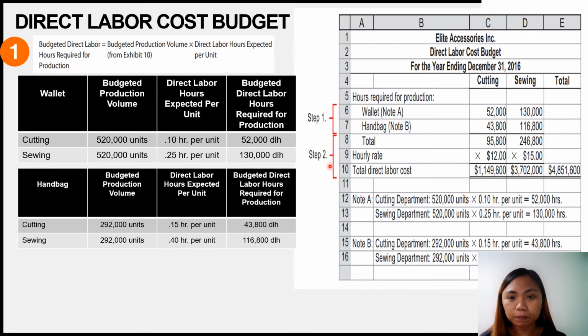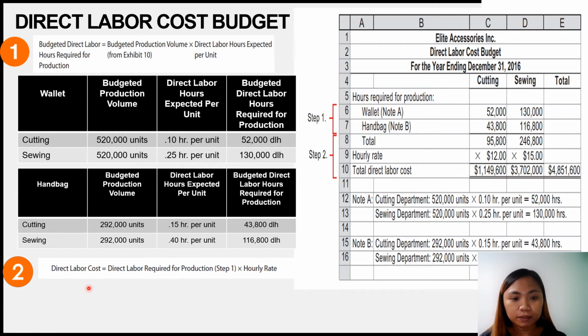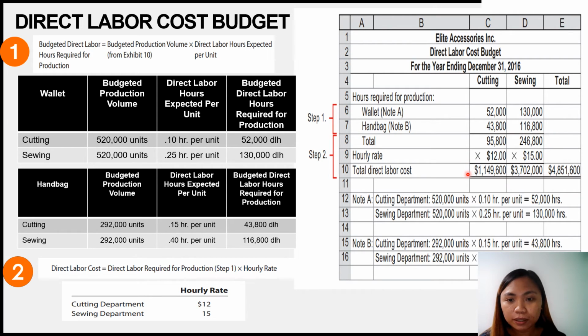So the second step in the computation of the direct labor cost budget would be: direct labor cost is equal to direct labor hours required for production multiplied by the hourly rate. The hourly rate for the cutting department is $12, while in the sewing department it is $15. So multiply these two. So the total direct labor cost would be